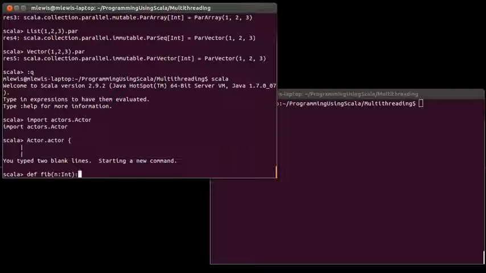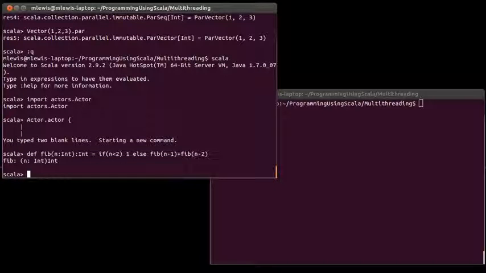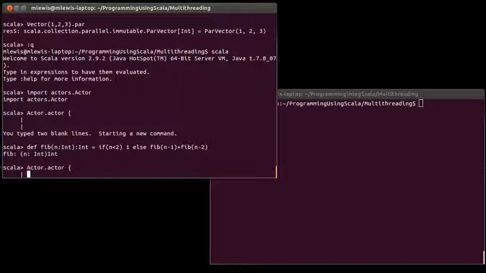This Fibonacci function is just useful because it's remarkably slow in order to do the calculations if you get n to be very large. Okay, so there's our standard Fibonacci,